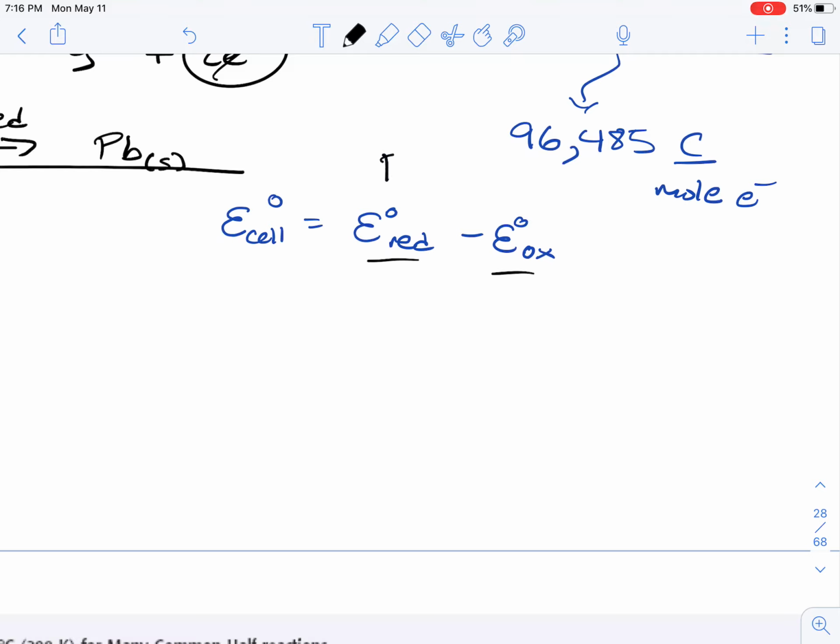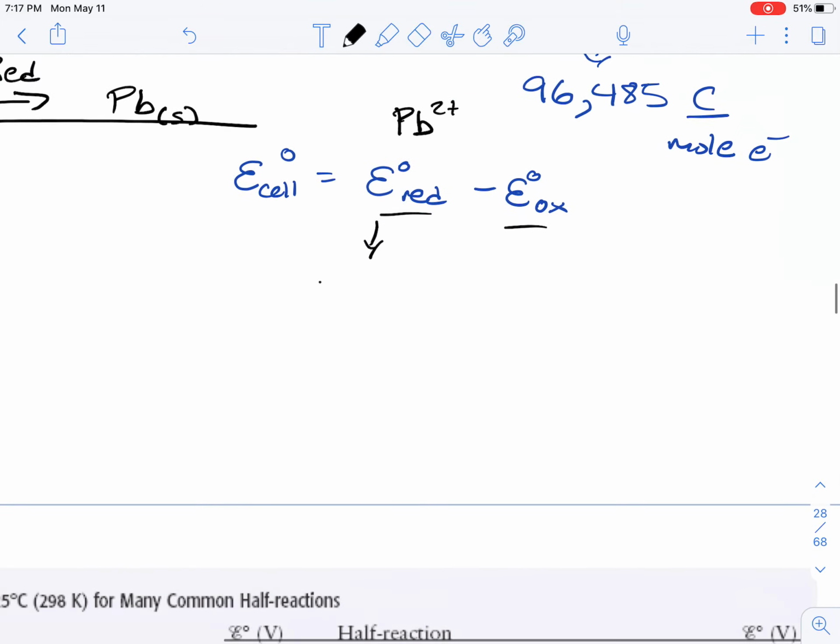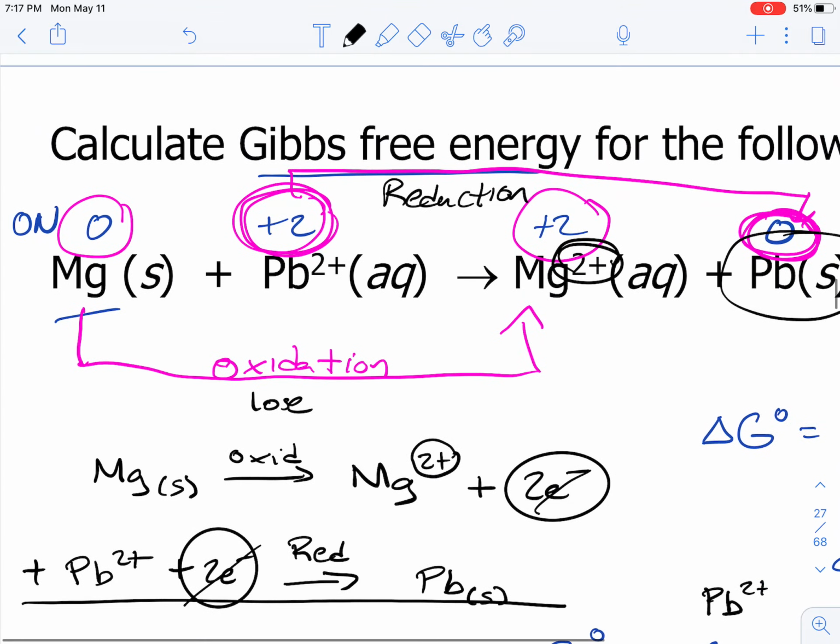And so since lead is undergoing reduction, then the value here is going to be negative 0.13. Okay. And so looking back at this equation,